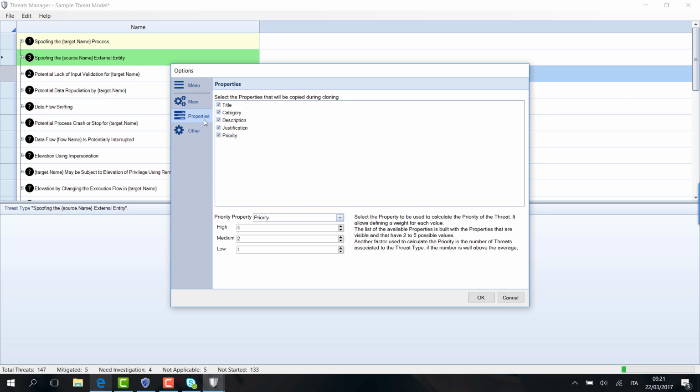If you have another thread type which has a lower average, then it will receive a number that will be greater. So it will have a lower priority, essentially,